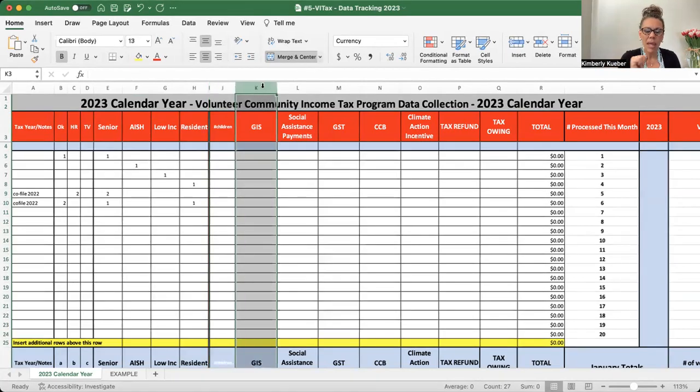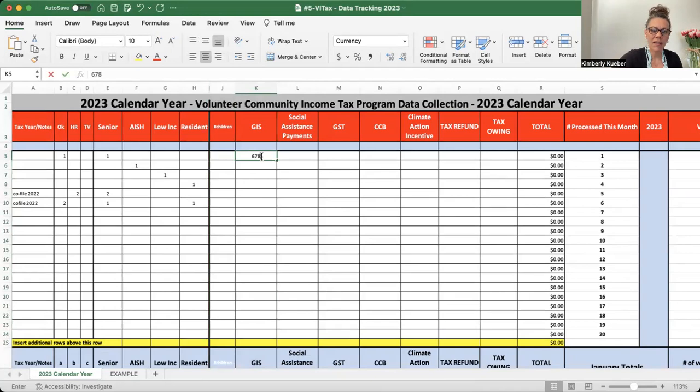The next column, we have GIS, or Guaranteed Income Supplement. And I'm just making numbers up. I don't know that this would make sense for GIS, but let's say it was $678. And then we come to social assistance payments. So this column was called the Alberta Seniors Benefit previously, but we changed the title of this column to be more accurate